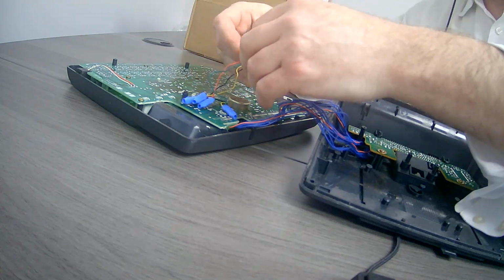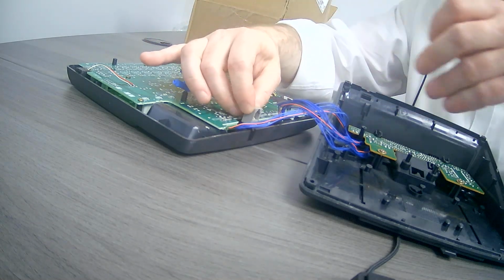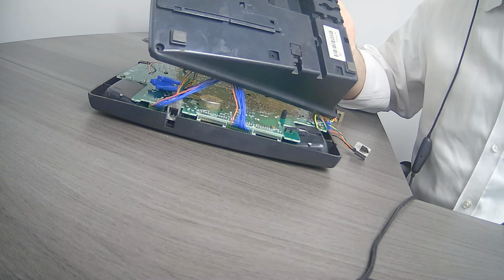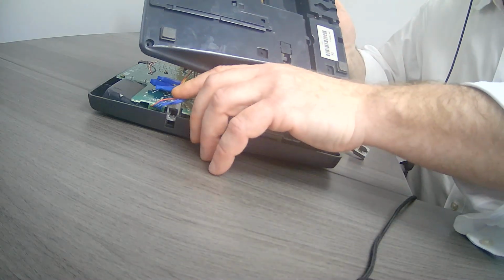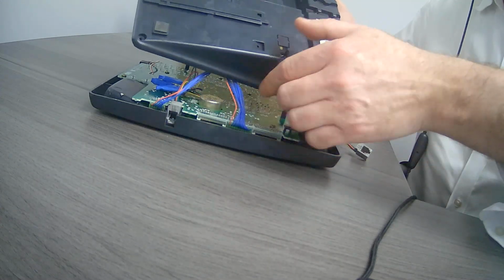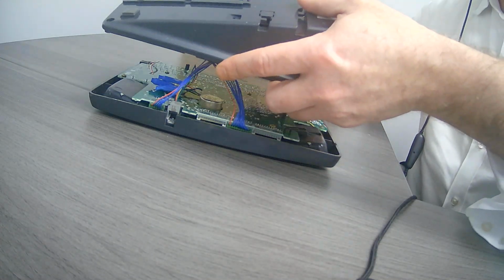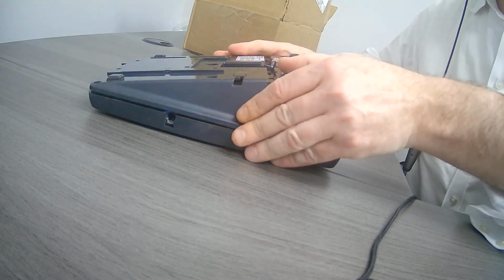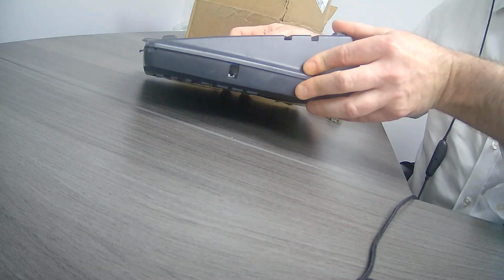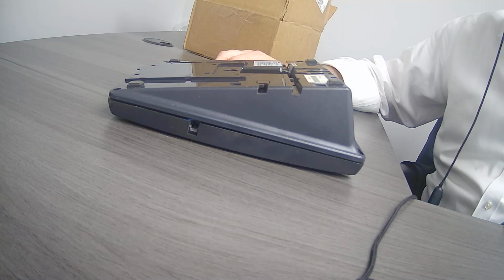Once that's done, you just seat the female RJ9 back into the slot. I switched the angle up a little bit, but you see that'll push right down into there, it's seated in the right slot. Then you would just cover the phone back up, put the four screws in. You can see it's in there, and it would be good to go. And that is how you could fix the female